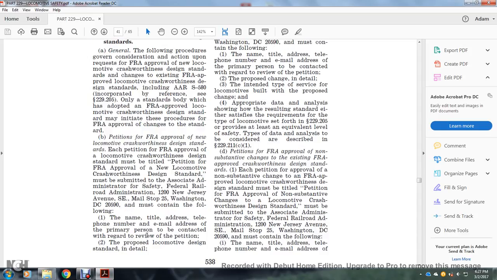Petition for FRA approval of new locomotive crashworthy design standards. Each petition for FRA approval of a locomotive crashworthy design standard must be in writing and titled "Petition for FRA Approval of New Locomotive Crashworthy Design Standard." It must be submitted to the Associate Administrator for Safety of the Federal Railroad Administration, 1200 New Jersey Avenue Southeast, Mail Stop 25, Washington, D.C. 20590. It must contain the following: the name, title, address, telephone number, and email address of the primary person to be contacted with regard to review of the petition;